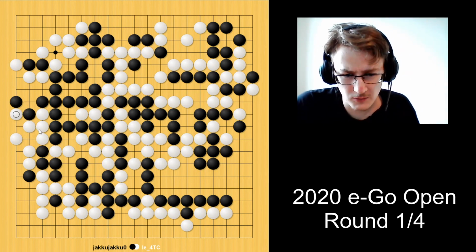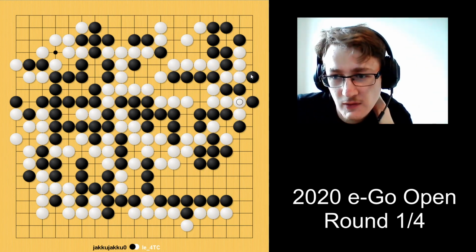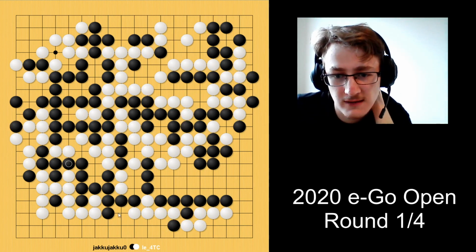And we'll get into this ko. Black has quite a few ko threats on the right here, which is annoying. I can't afford to give back any points. So we played some random ko threats. I have a few ko threats against...